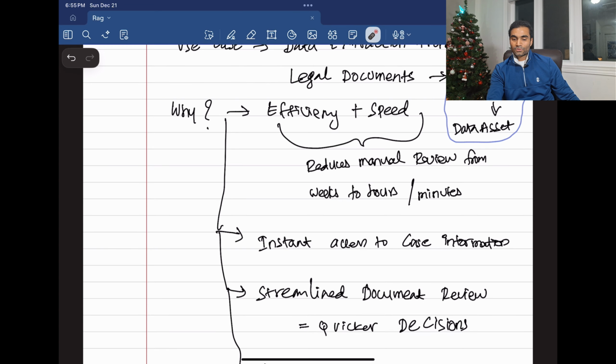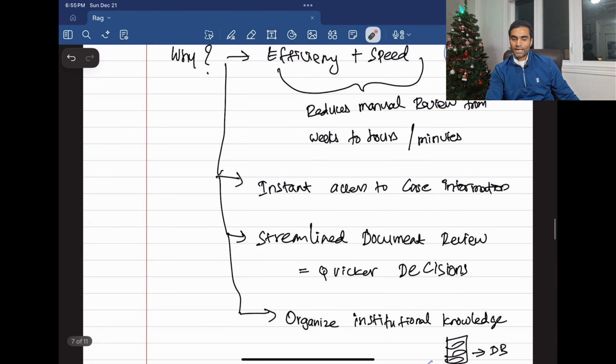And also instant access to the case information. Okay, so they may be dealing with different cases, especially in a busy law firm, they will be dealing with different kinds of cases, and each department has its own set of case details. If you can give an instant access to the case details, what it actually is and what the key points in that one are, and